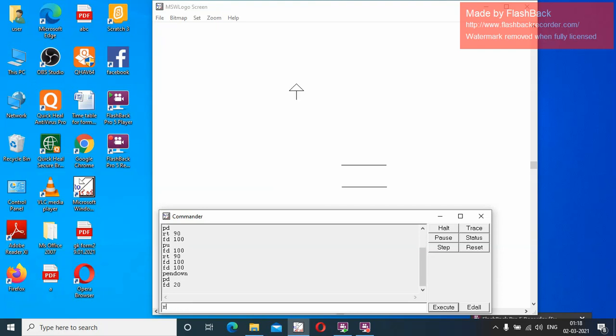FD20, RT90, FD20, RT90, FD20, RT90, FD20. Hide turtle.